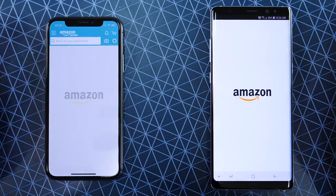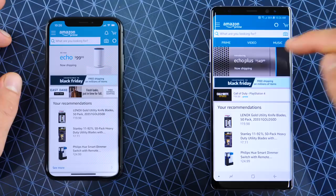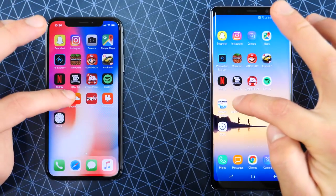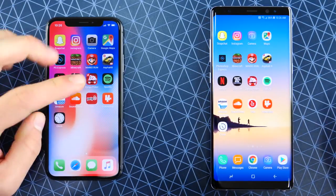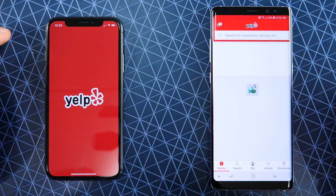A lot of these apps might be updated in the future to run better on the iPhone 10, but so far, every app but one has loaded faster on the Samsung Galaxy Note 8. 1, 2. So quite incredible. Yeah, it's definitely going to be a faster experience. And I've noticed that using it, it's definitely a little bit slower than my iPhone 8 Plus even. The iPhone 10